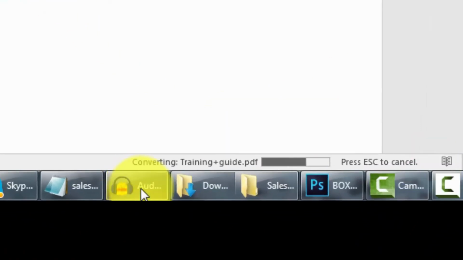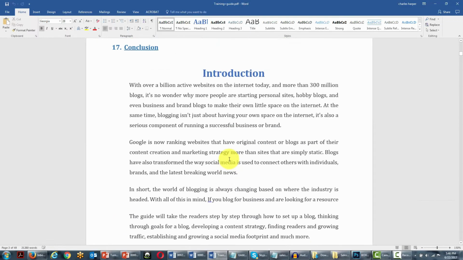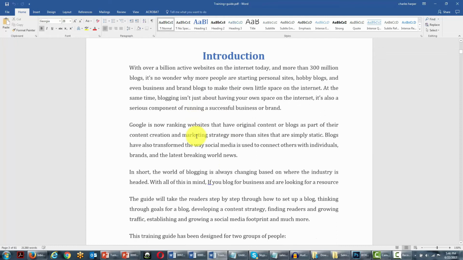And you'll notice down here at the bottom that Microsoft Word is converting. And so in this case, we now have our PDF document that is now a Microsoft Word document. So now, assuming that this is the format that you're going to start working with, we are now going to go through a process where we're going to get our Microsoft Word document ready in order to create an actual